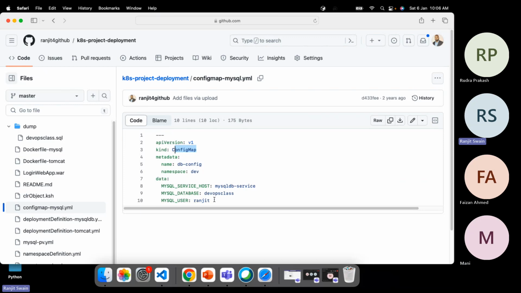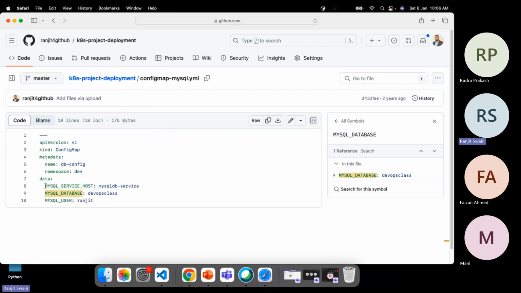In this data section, we have to provide the environment variables and the value. Here the environment variable name is MySQL service host, and the value we have passed here. Here MySQL_database is DevOps class, MySQL_user is Ranjit, right? So this is very plain text, whatever we have given in the config map,